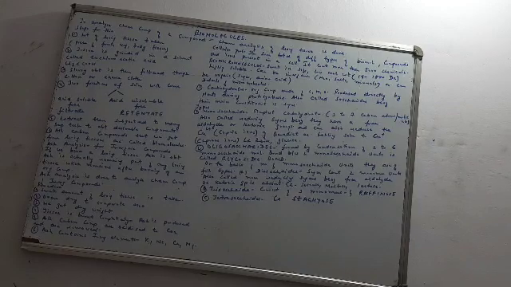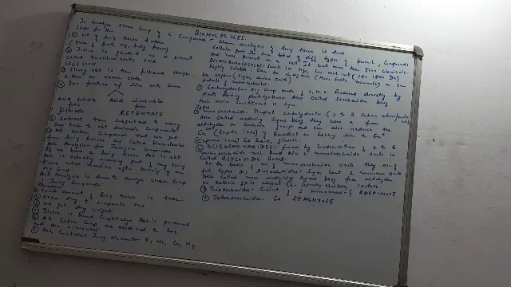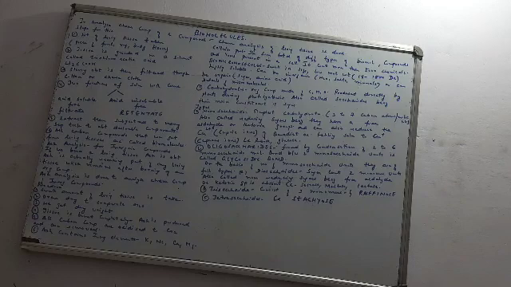Now let's do a little more detail about macromolecules. The first macromolecule which we will be taking up today is carbohydrates. Very simple. What are carbohydrates? They are organic compounds which are made up of carbon, hydrogen and oxygen. Carbohydrates, what is the main composition? They are made up of carbon, hydrogen and oxygen. They are produced directly by the plants during photosynthesis. We know two things about carbohydrates: number one, they are made up of carbon, hydrogen and oxygen; number two, they are produced directly by the plants during the process of photosynthesis.